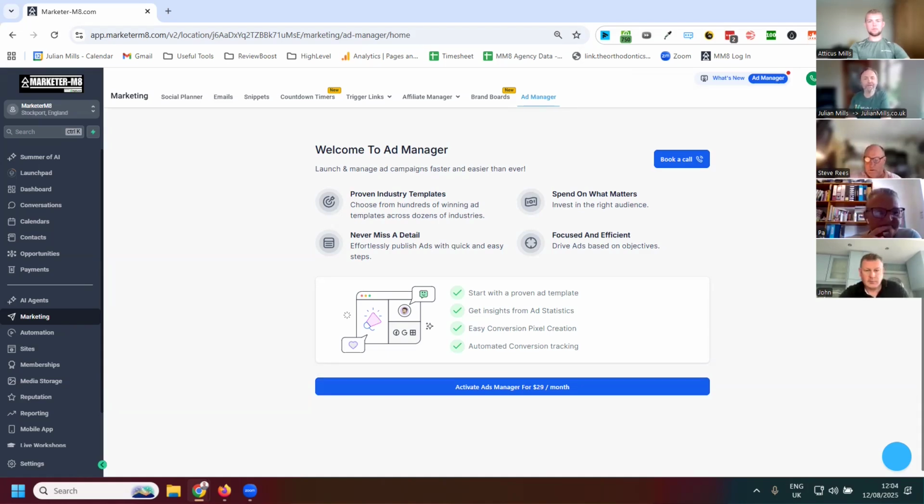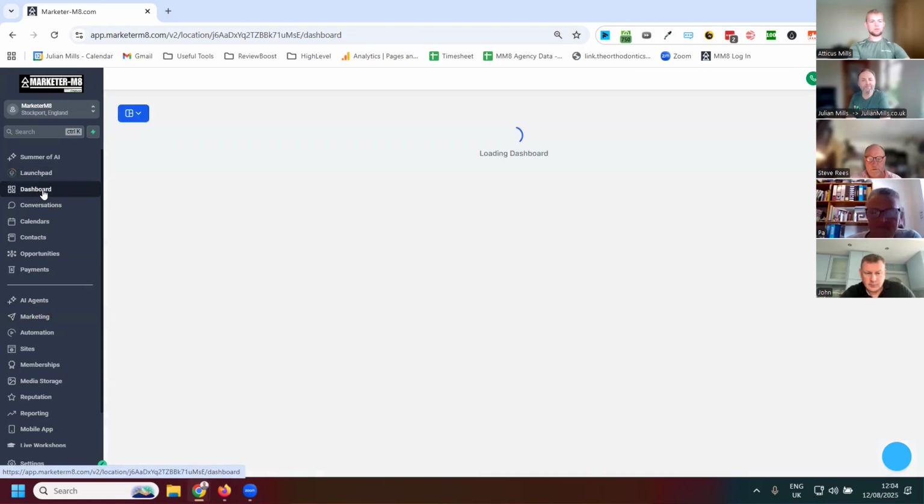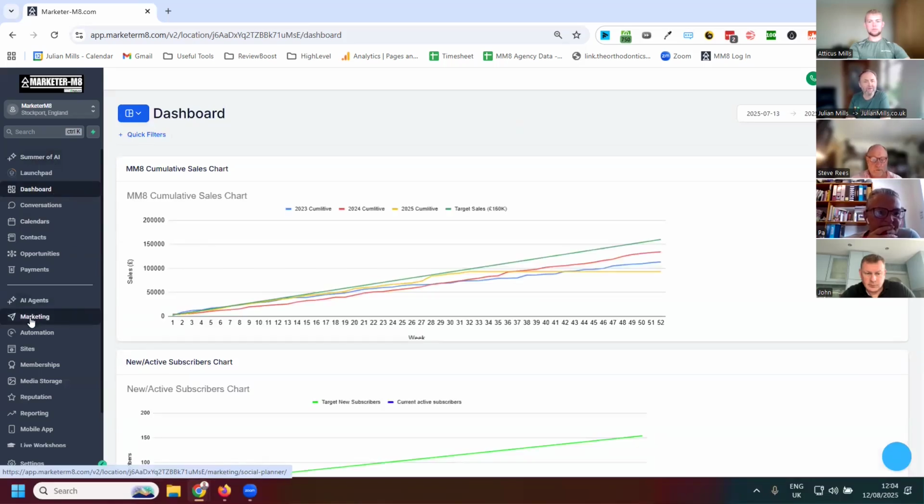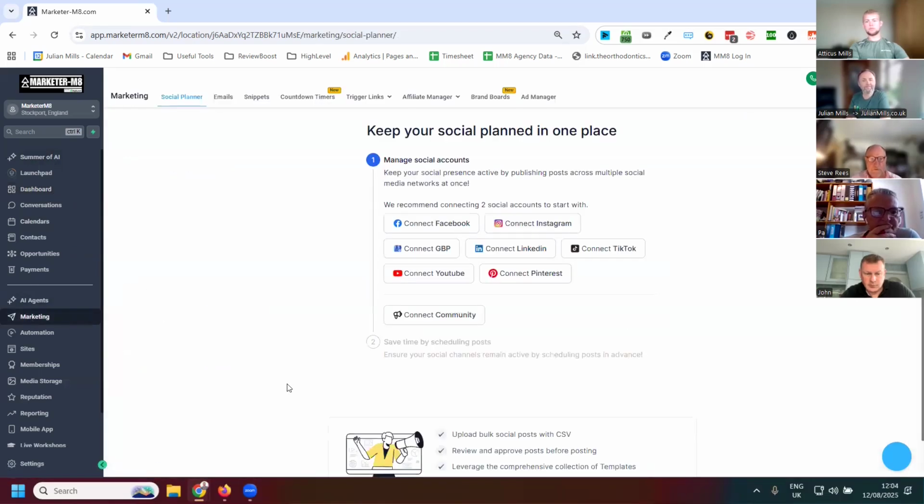So first of all, how do you access the Ad Manager? The first page you'll come to, if you log into your dashboard, if you log into HighLevel, you will come to this dashboard page. If you go to marketing here like that, and go to Ad Manager,